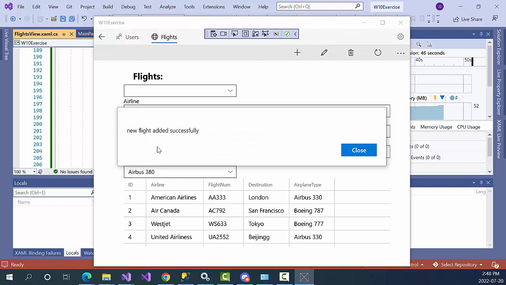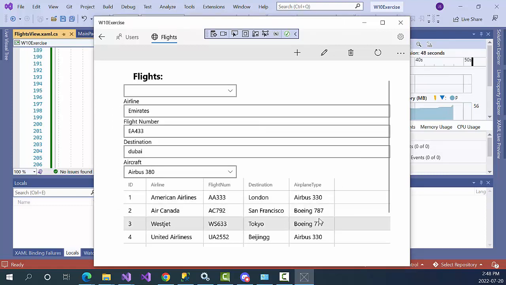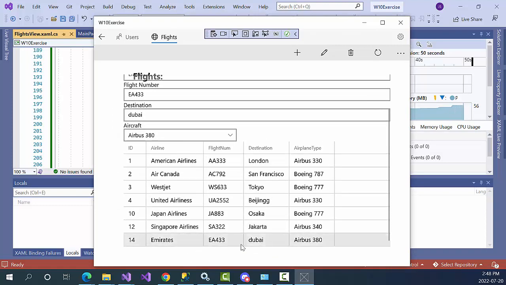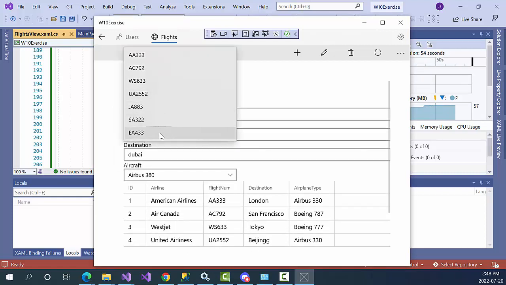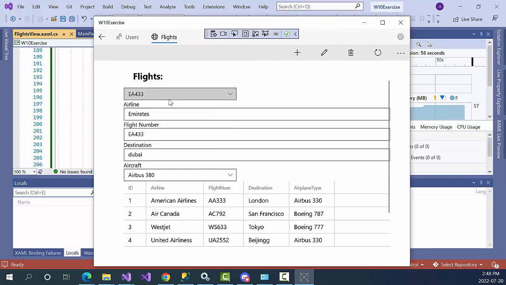New flight added successfully. And we'll look here, Emirates is down here, and look at our combo box. We can just test our select functionality right there. There you go. So the update is just